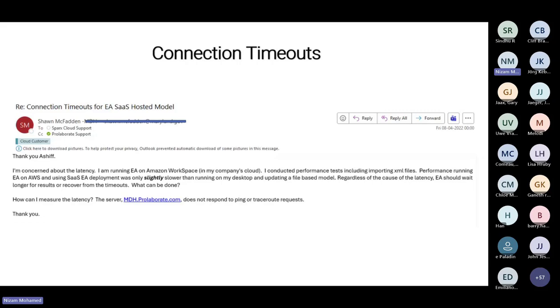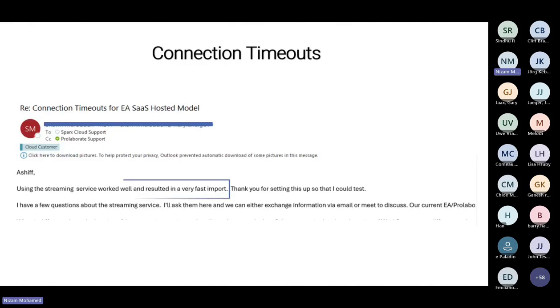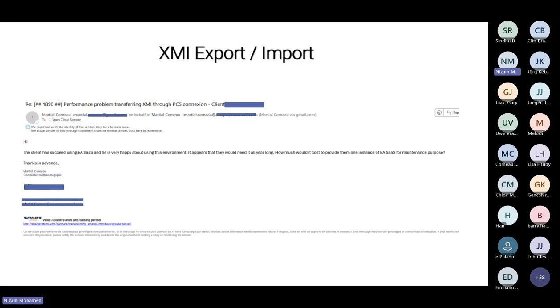So this is another example where the user comes and says there's been a significant delay when they try to connect to their repositories. But once we have a solution that conforms to such a distributed deployment, they were able to see some clear results. XMI export import is the most common complaint that we always see, because that's inevitable when you want